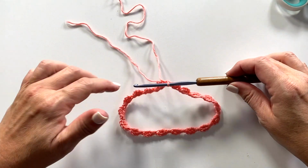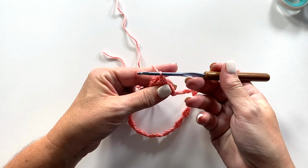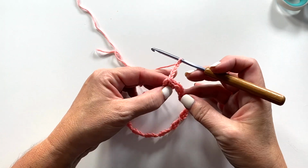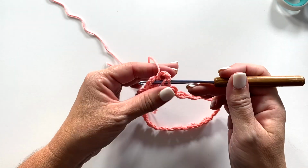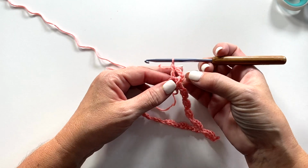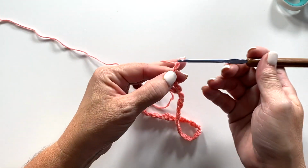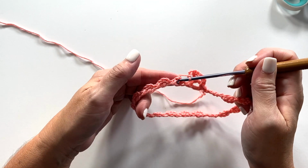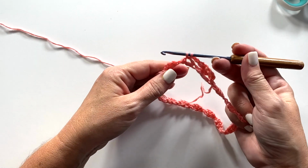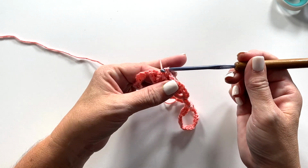Okay, round 2 begins with slip stitching into the 1st foundation oval. Chain 5 counts as a double crochet, chain 2, and we're going to double crochet in that same space. Yarn over, insert your hook, yarn over, pull up a loop, yarn over, pull through 2, yarn over, pull through 2, chain 3, and then we're going to single crochet 2 together over the next 2 foundation ovals. Insert your hook in the next oval, yarn over, pull up a loop, insert your hook in the next oval, yarn over, pull up a loop, yarn over, pull through all 3 loops on your hook,